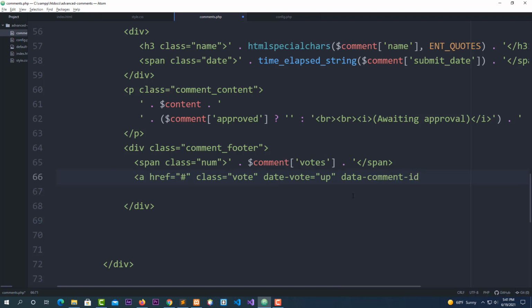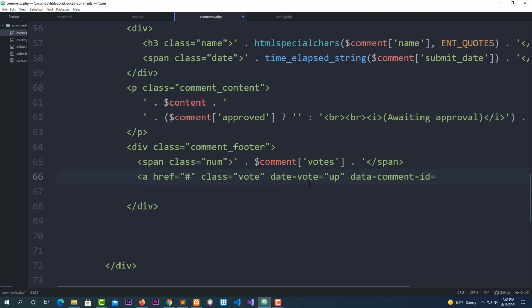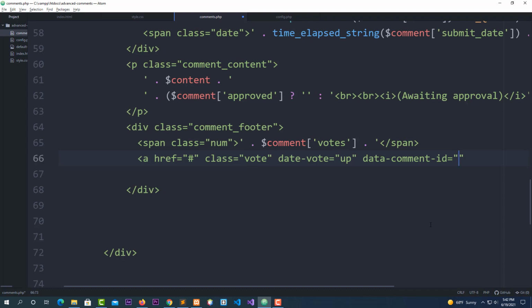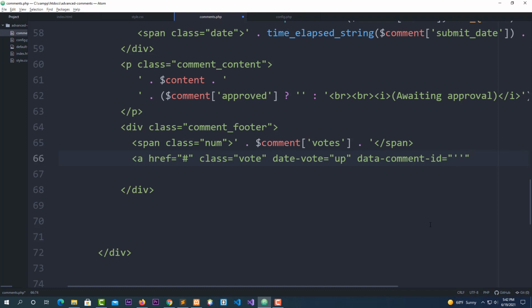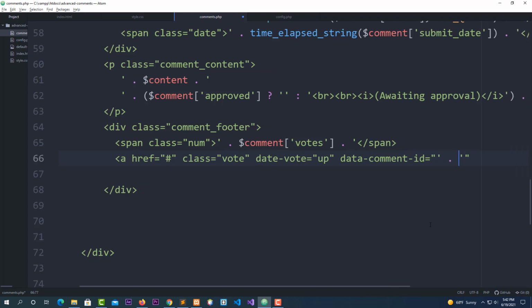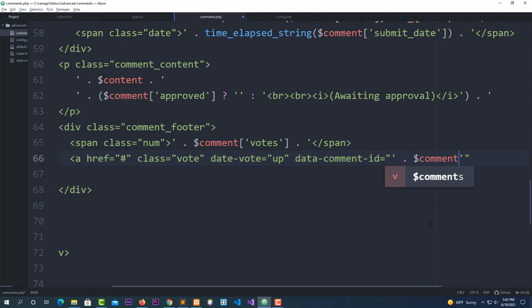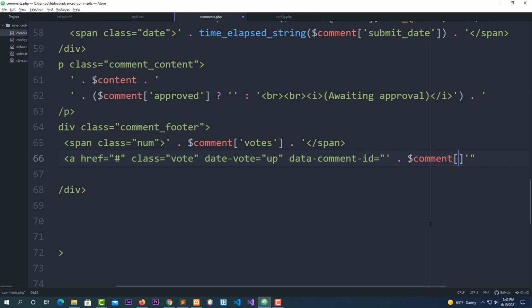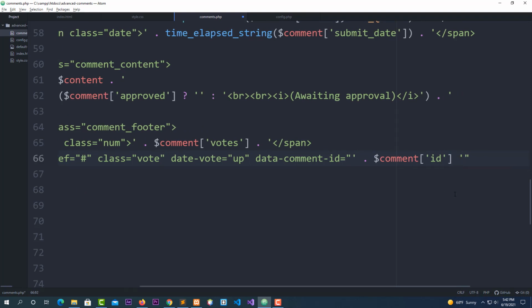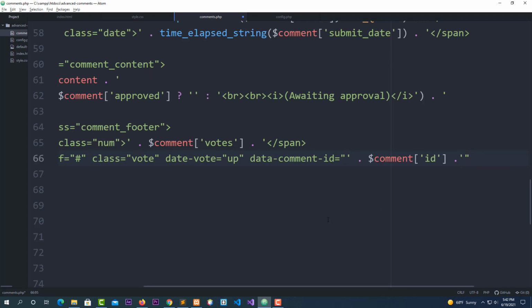ID equal. Now after here, when I reach here, let me show you. Let me expand this. After data-comment-ID, I say equal double quote and a single quote, double quote, single quote, and I expand. I say space, dot, space, and I say comment, bracket, single quote ID. Now after the closing quote, after the closing bracket here, I'm going to say space, dot, and now